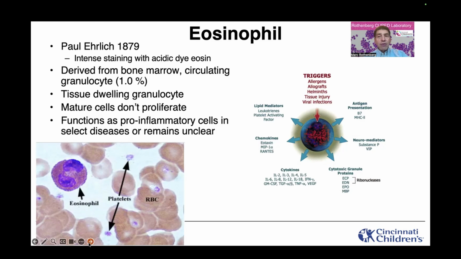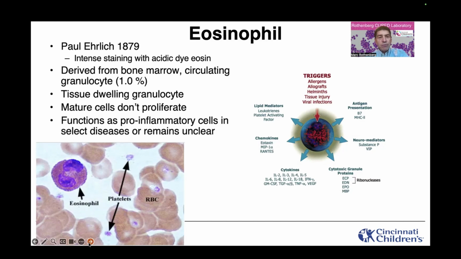However, it was later appreciated that the cell was also a tissue-dwelling cell, and the primary location for eosinophils is actually in the GI tract at baseline, although the esophagus is devoid of eosinophils. It's also notable that, unlike other white blood cells, eosinophils do not divide. They do not proliferate. They merely accumulate in the tissue in response to inflammatory triggers or during homeostasis.